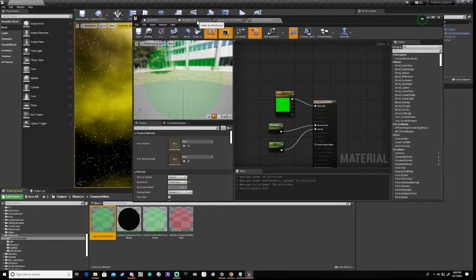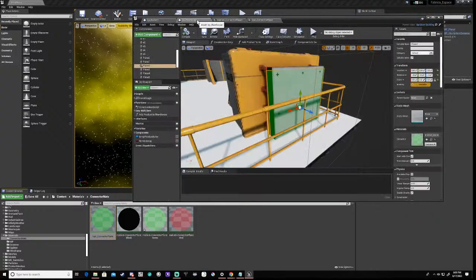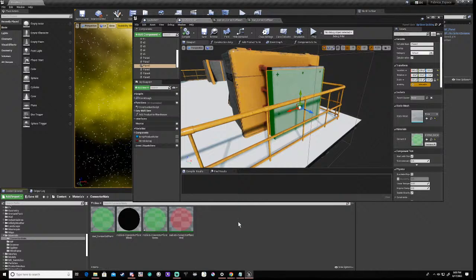So if we take a look at our warehouse there, it still looks the same, which is fine,